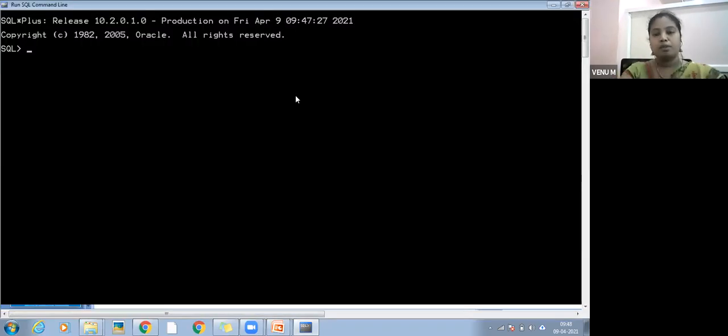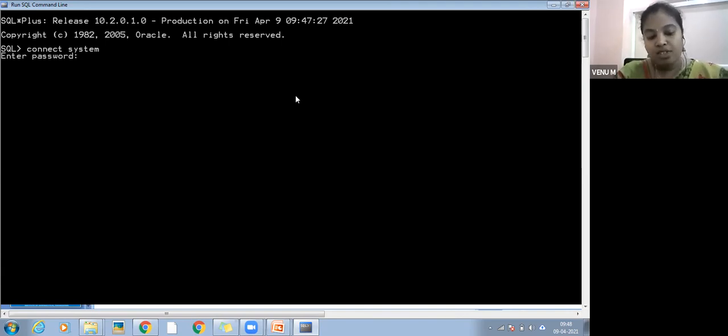So here you have to observe: before going to the creation of a table, you have to connect through admin. What is the command you have to use here? Connect system, and then press enter. It will ask for the password for the system.